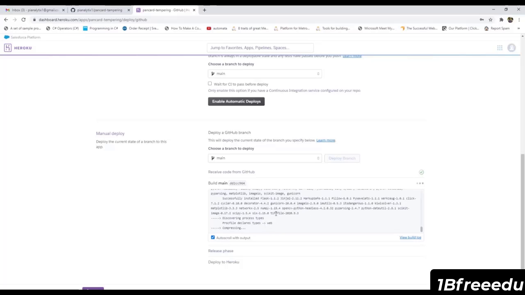Currently it is installing all the collected packages. It has installed all the packages, and now it is compressing our project and converting it into an app. After compressing, it will provide us with a URL, and that will be the URL for our app. The total size of our app is 149.7 MB, and this is the URL for our app. It is released. Now let's